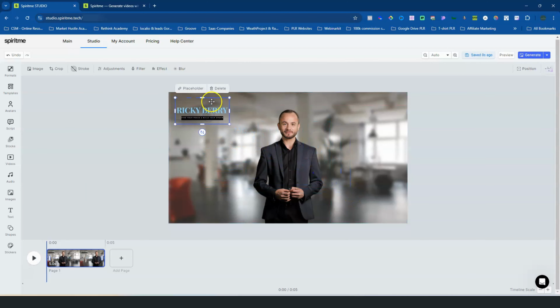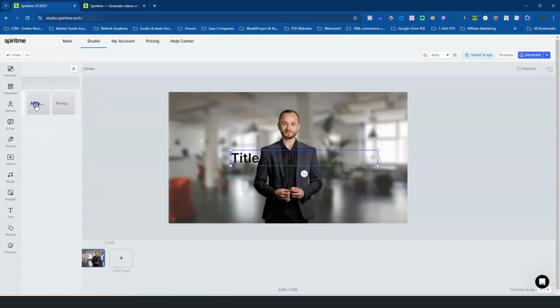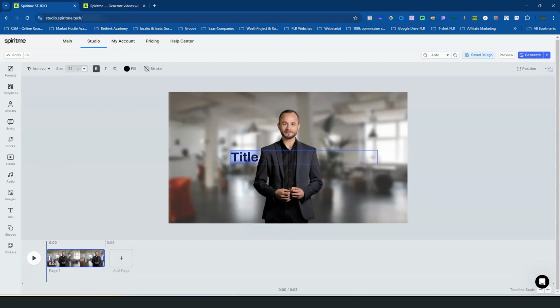Below that, you have your text. So if you want to come in here and put a text, you could put in a text over here, I'm just going to call it business. And let's move this up here. And then what you could actually do is you could come in here and change your font. So let's just say if you want to change it to that. You want to change your size to, say,